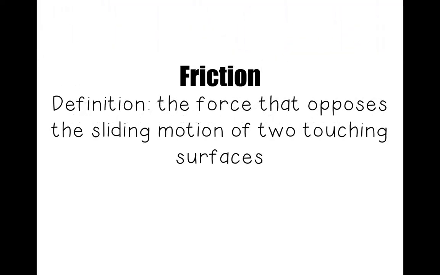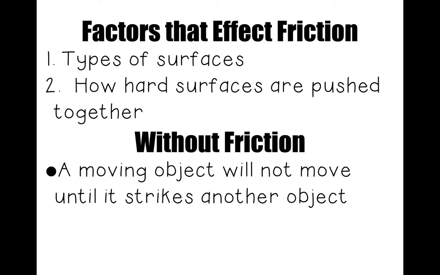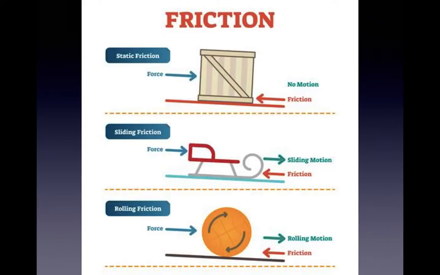Now friction. The definition of friction is the force that opposes the sliding motion of two touching surfaces. Factors that can affect friction: types of surfaces, how hard surfaces are pushed together. And know that without friction, a moving object will not stop until it strikes another object. So it will continue to go on forever and ever. So looking at this diagram above,